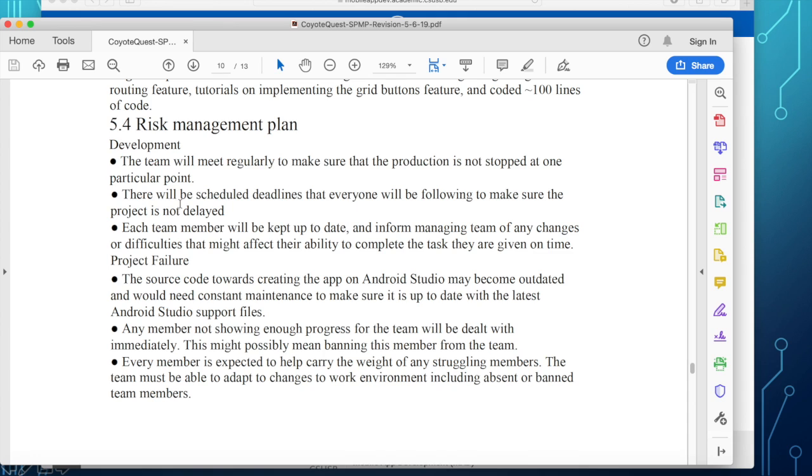So they focus on the development, but another risk could be the complexity of the project. If it is too complex, you are spending more time dealing with the complexity, or if the team is not cooperating, then you have a risk there in management.